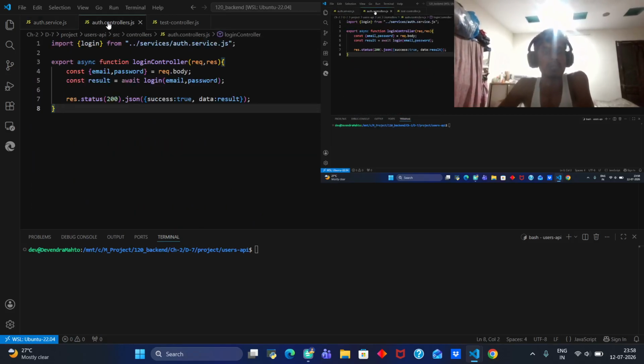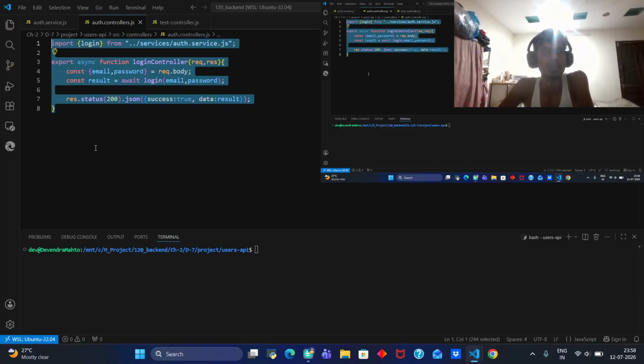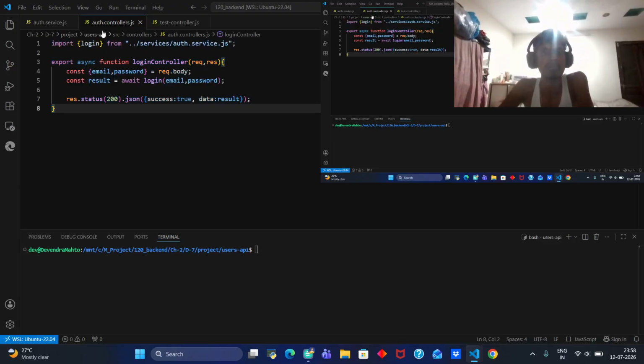And now I have designed the auth controllers. The file name is auth.controllers.js. First of all, I have imported the login function from the services folder, where the file name is auth.services.js. As already discussed this part yesterday,